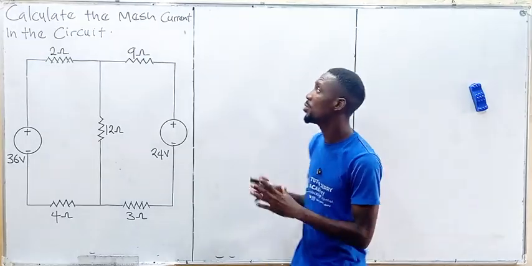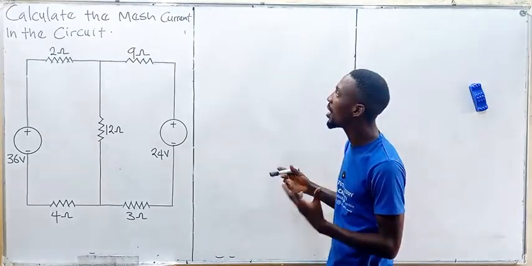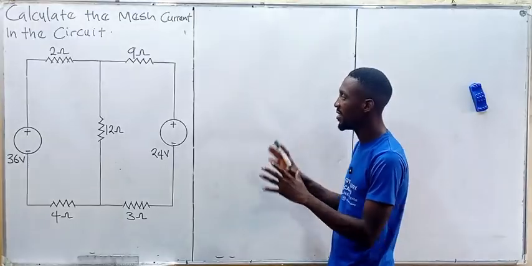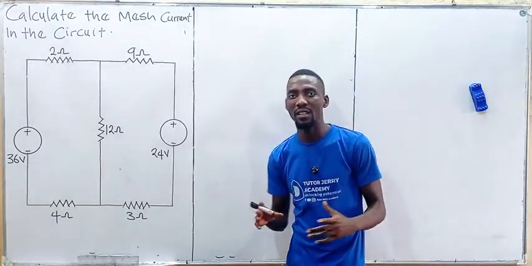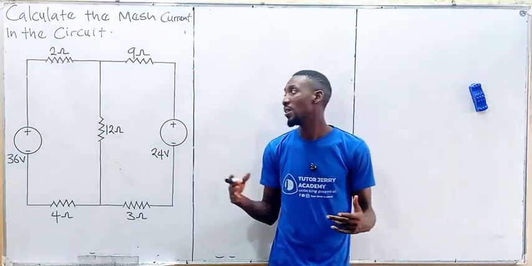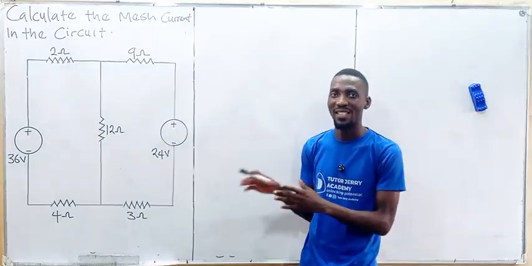All right, we are going to be solving the question above. The question says we calculate the mesh current in the circuit. All right, so the first step that we are going to be using is to assign the